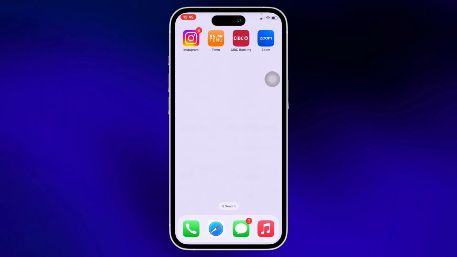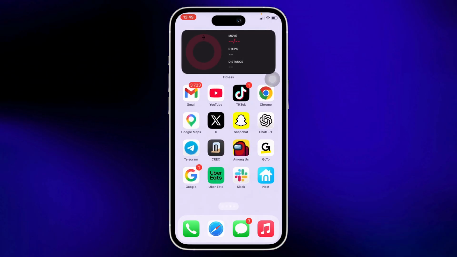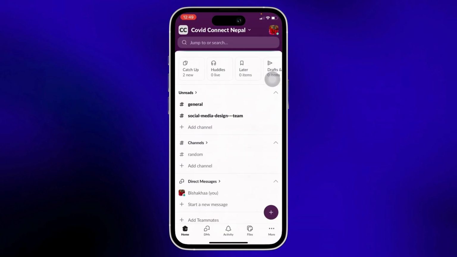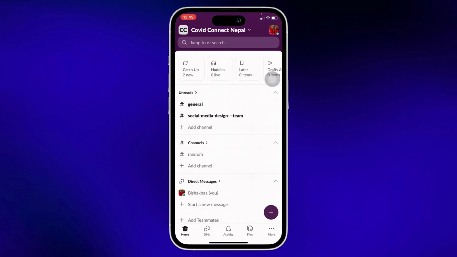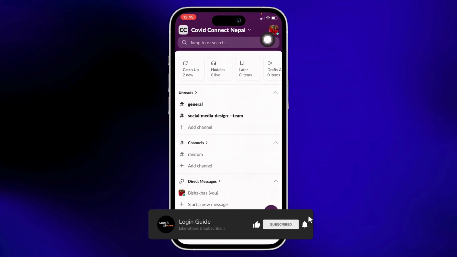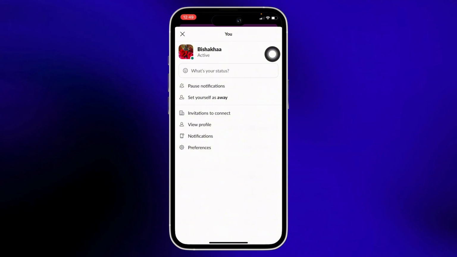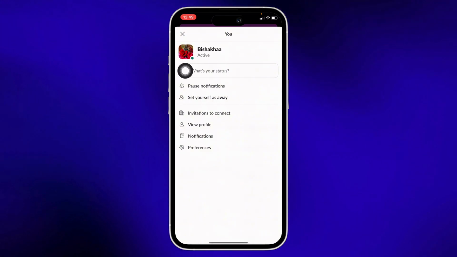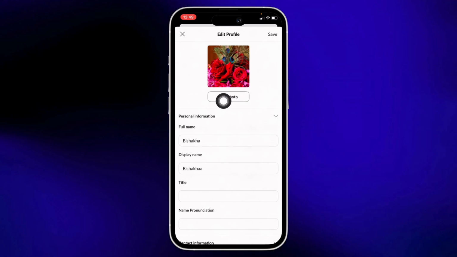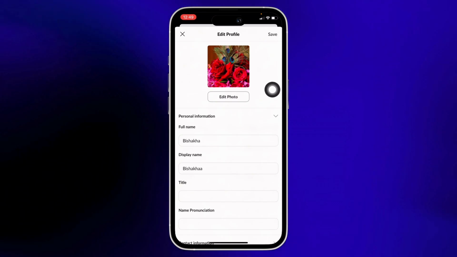Now let's get right into the tutorial. Firstly, go ahead and open the Slack application on your device and make sure you are signed in to your Slack account. Now, tap on your profile icon on the top right of your screen and here you will see your name. So tap on your name and you will see the option for edit photo right below your profile